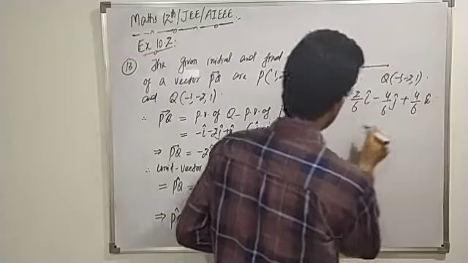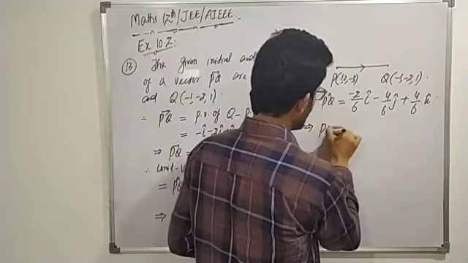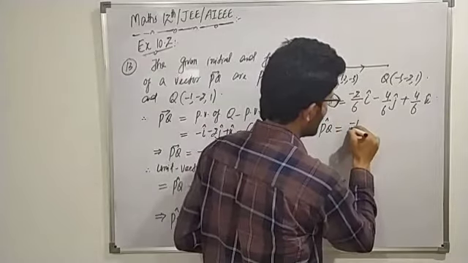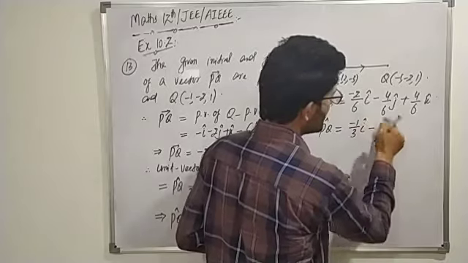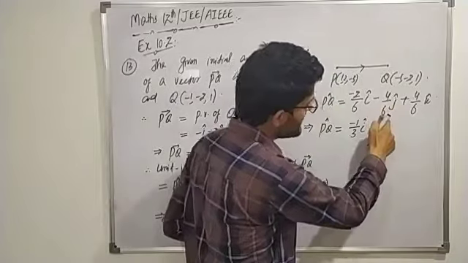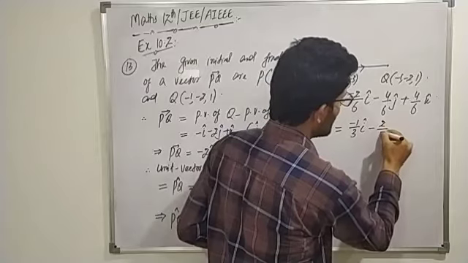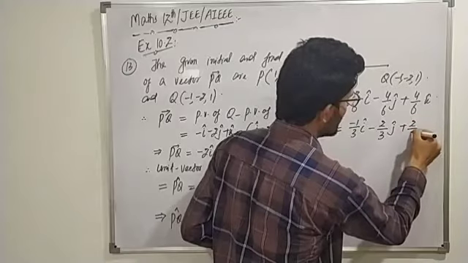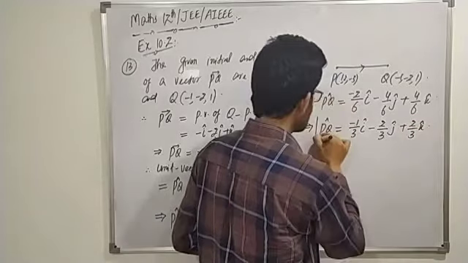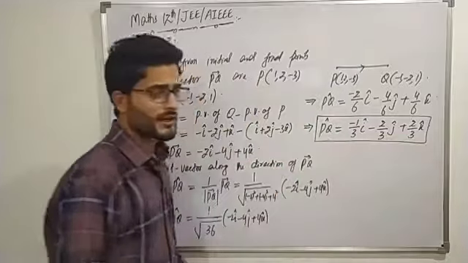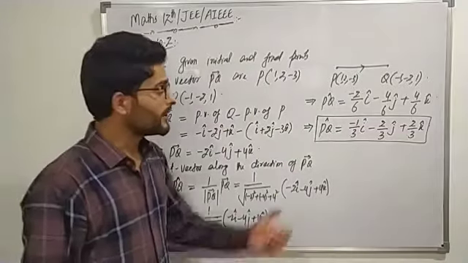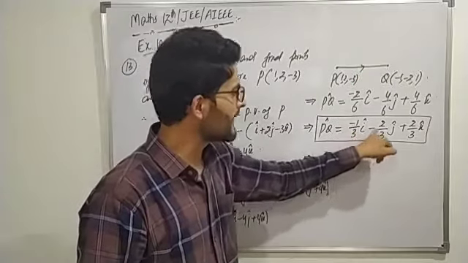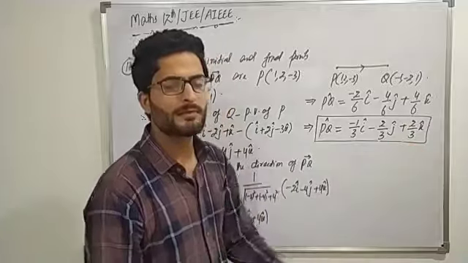by 6 into k, which can be further written as PQ cap must be equal to -2 by 6, 2 1s are 2, 3 1s are 3, so -1 divided by 3i, minus 2 2s are 4, 2 3s are 6, so -2 divided by 3 into j, and plus 2 2s are 4, that is 2 divided by 3 into k. This must be the unit vector along the direction of vector PQ. But we need to find the direction cosines of PQ. So the scalar components -1 by 3, -2 by 3, and plus 2 by 3 must be the direction cosines